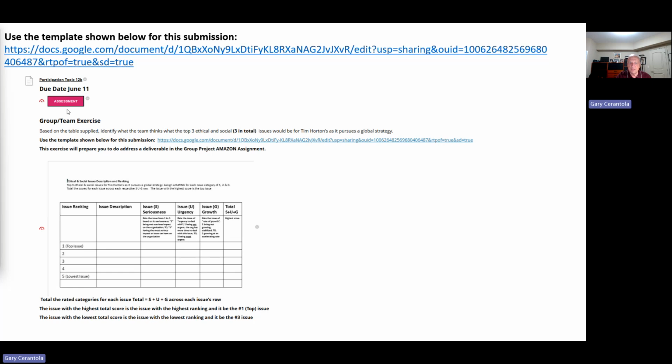The second participation activity is a ranking exercise, and I've used this ranking exercise in facilitating strategic planning, and I have to tell you, it's pretty effective. What it does is allow people to really understand. They rate each issue and understand what's key. And what really follows this in a workshop is that you do the ranking, and you calculate the totals, and